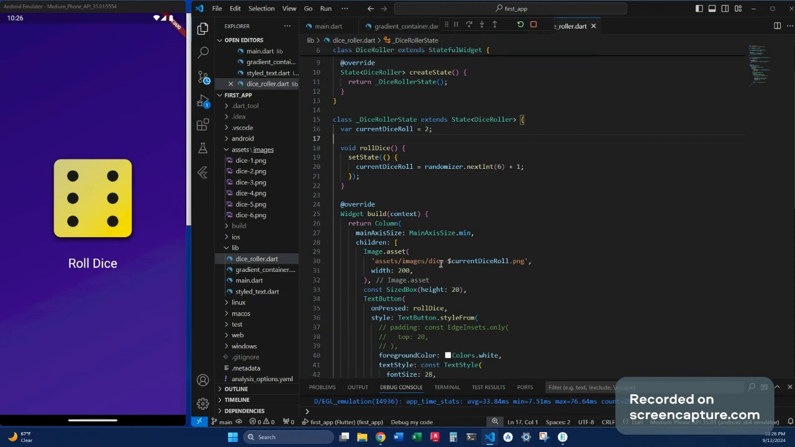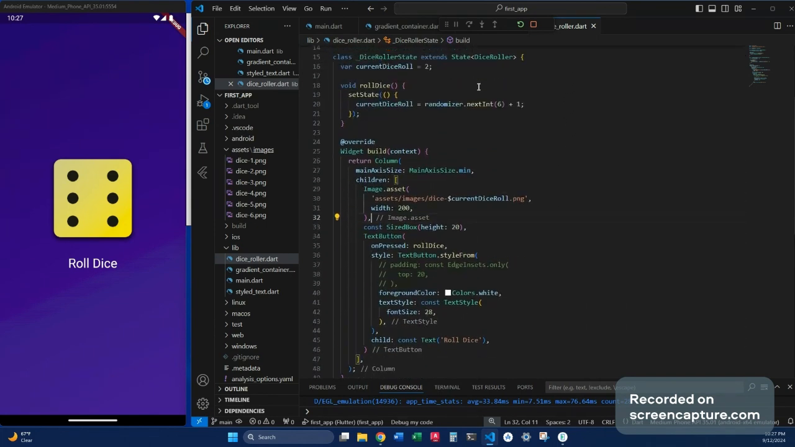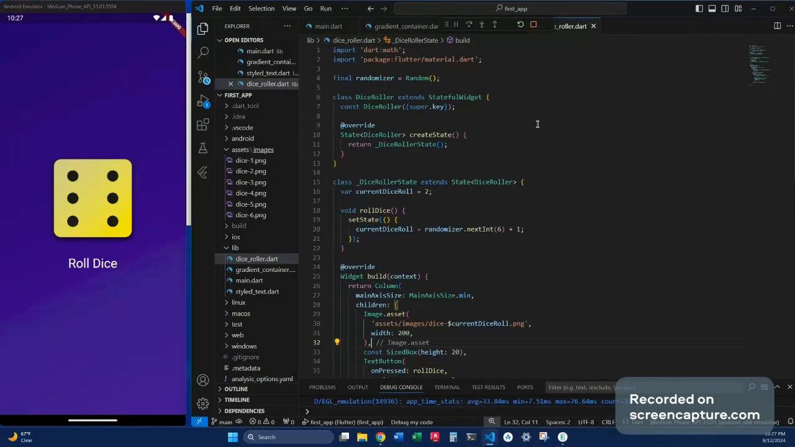And instead of having the actual dice dash 1, dice dash 2, all the way to 6, we have the dollar sign in front that changes it to whatever number current dice roll becomes, which is going to be random. Next is the random integer, which we have as 6. But if we do 6, it's going to be missing 1, so we have to add 1 to that at the end. And that looks to be pretty much everything under dice roller, except